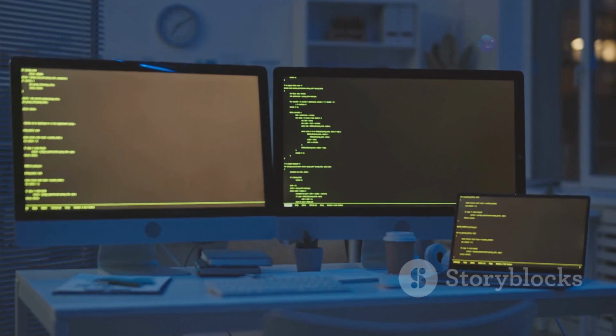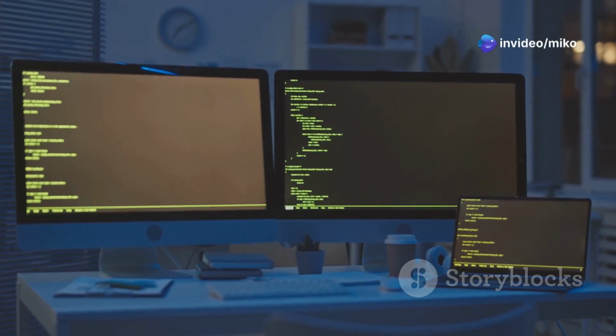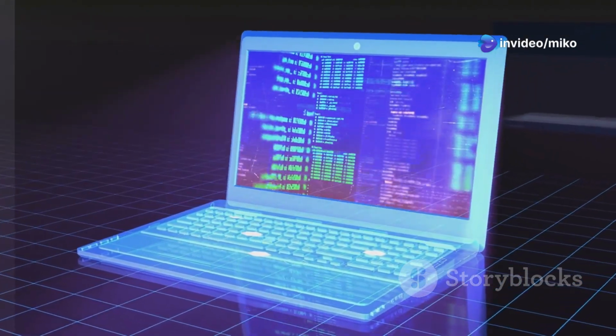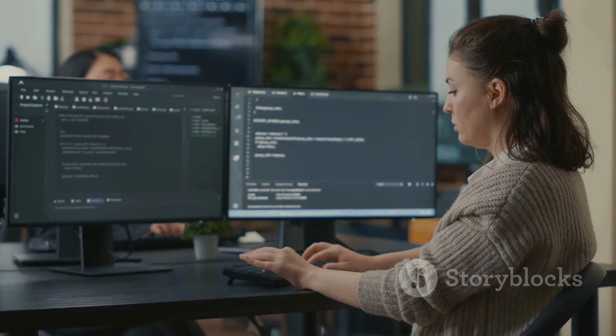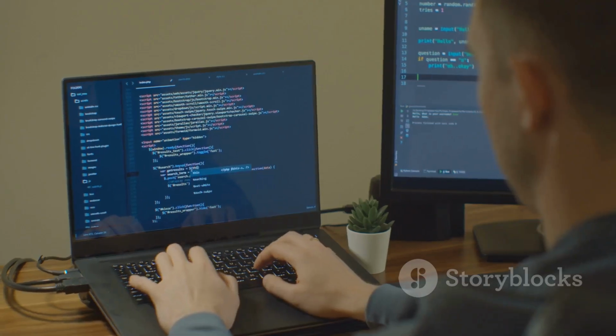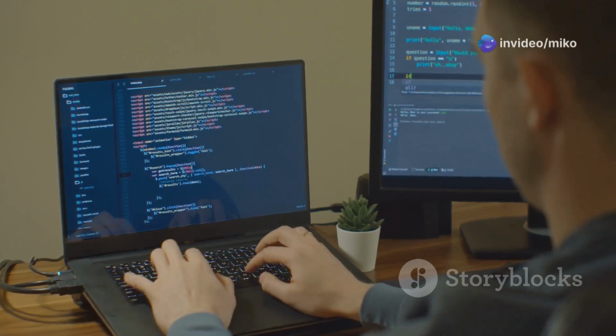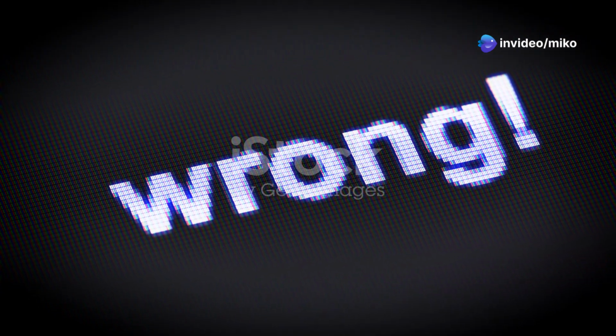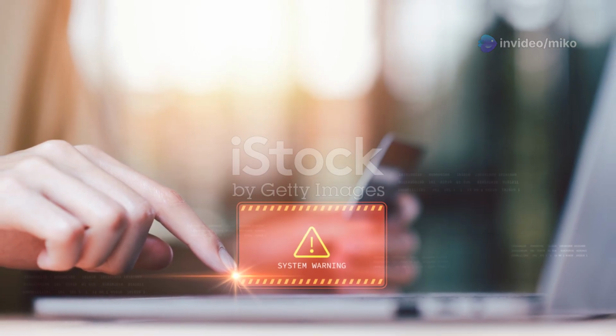boolean gameRunning = true; while (gameRunning) { // code to display the game world and prompt the player for an action. switch (playerAction) { case move: // code to handle player movement. break; case interact: // code to handle player interaction with objects. break; case quit: gameRunning = false; break; default: System.out.println("Invalid action");